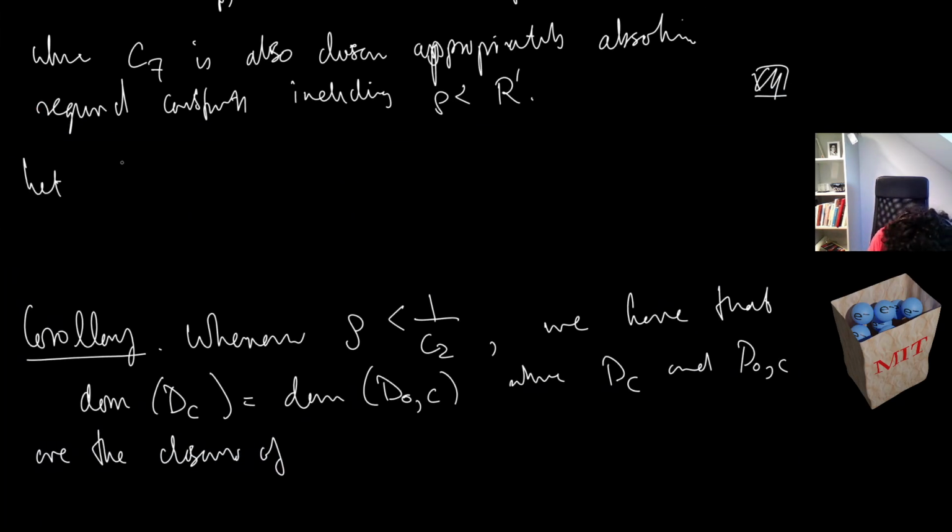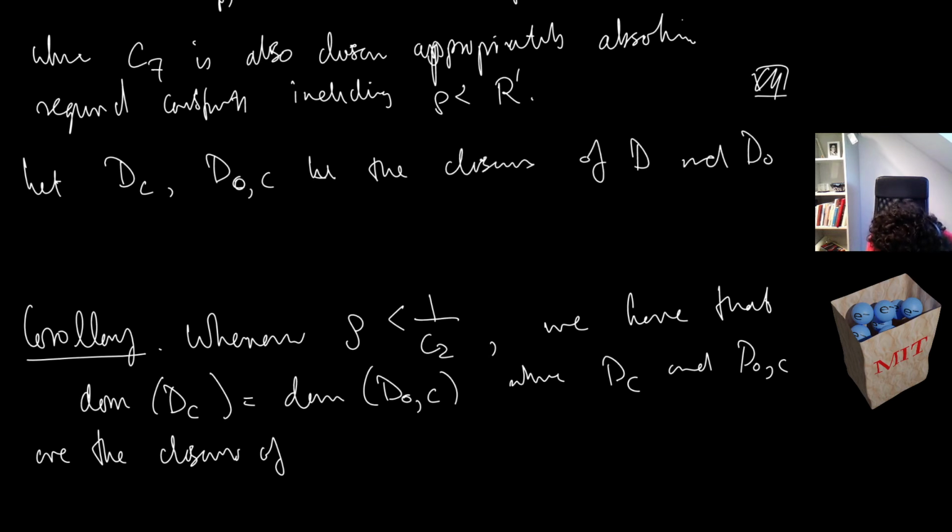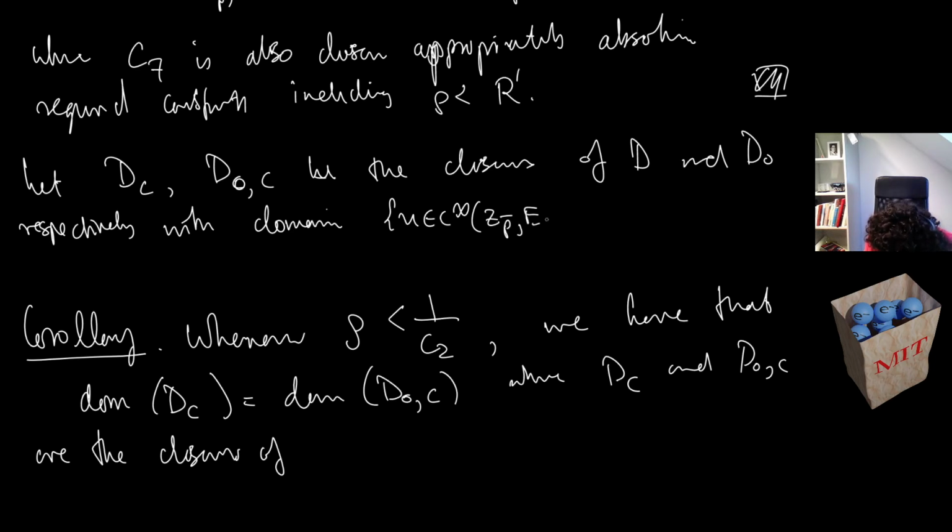So let D_C and D_0,C be the closures of D and D_0 respectively with domain u in C infinity, Z rho bar, E such that